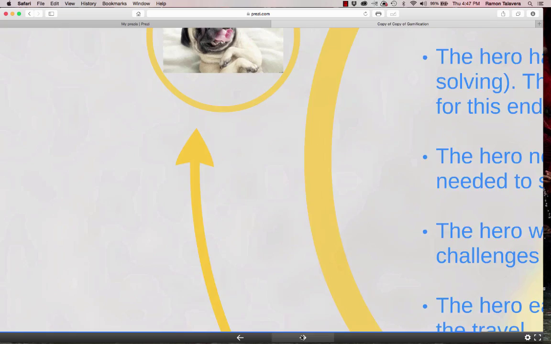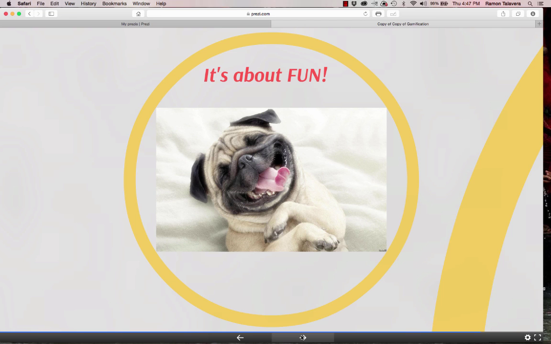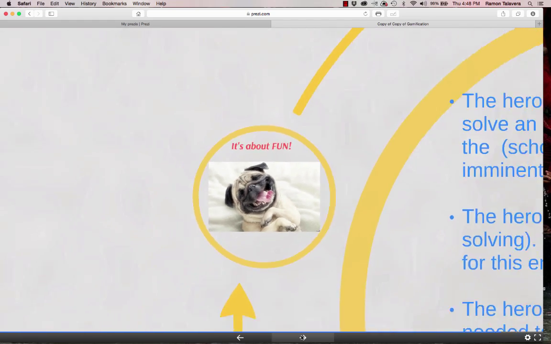And remember that if we want to gamify our course, fun is the most important attribute. If we include game components such as badges, points, or leaderboards with the expectation that we just need those components to gamify a course, we are not going to create the fun experience that the students expect from a game.